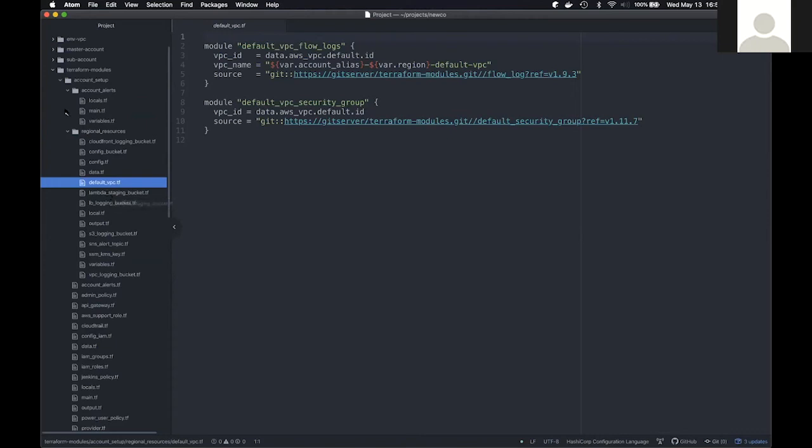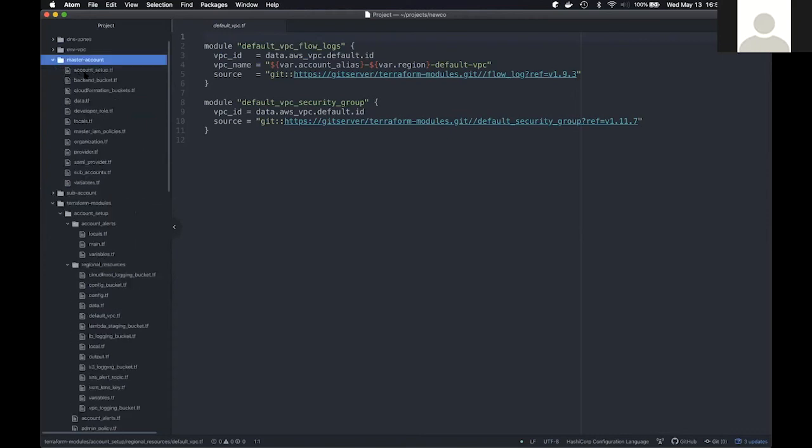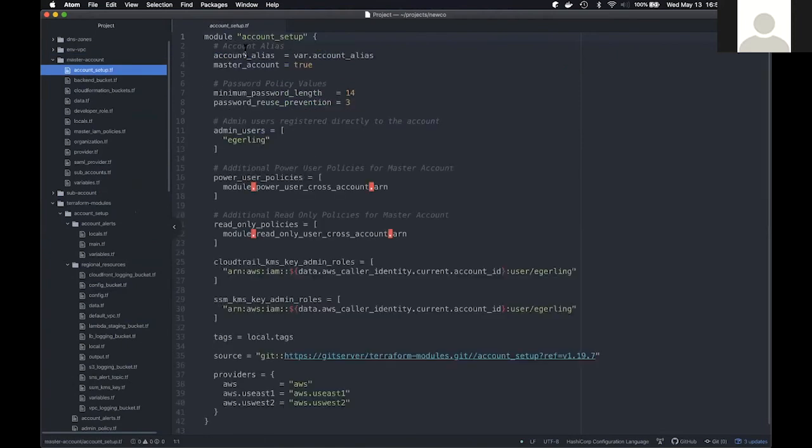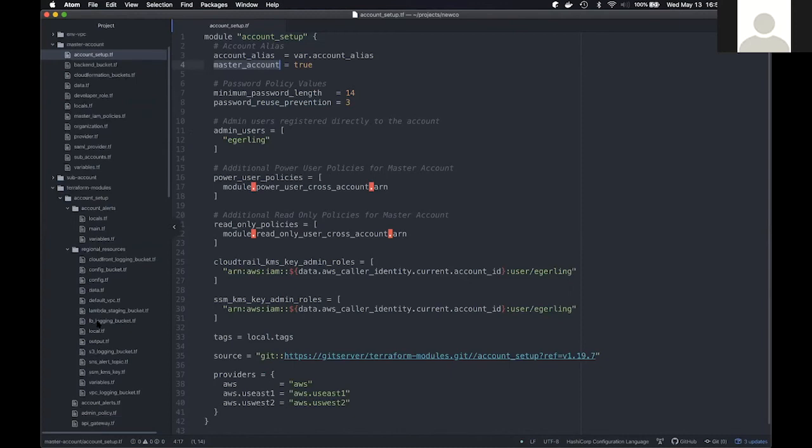online. So when we look at how that would work inside of a master account setup, for example, this module essentially for the master account is going to take care of managing how that works. So I'm going to specify my account alias that goes in, whether or not it's the master account. And so based on this, there are some different things that will take place. So if we look back at